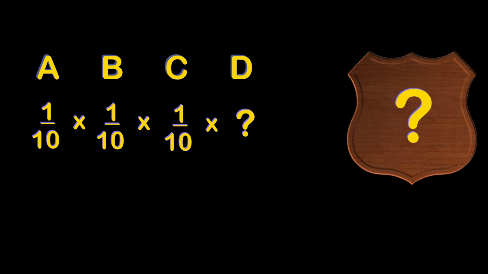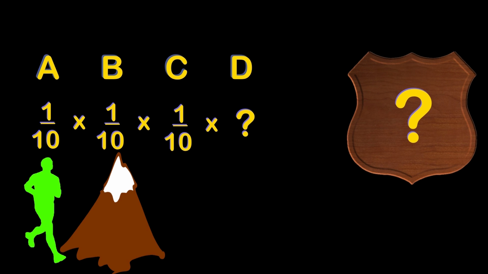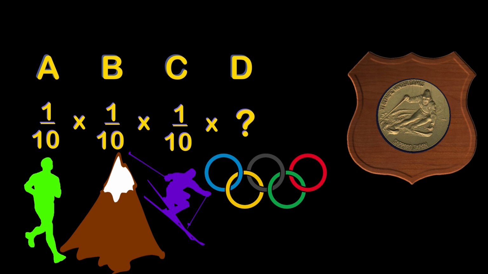If I now tell you A is the odds of being an athletically inclined male, B is living in a quarter hilly environment, and C is enjoying the hobby of skiing, all seems well. But when I next tell you that we are solving for the number of people who have a gold medal in men's alpine skiing, you now realize why it isn't hundreds of thousands, and why D, getting into and winning the Winter Olympics, is not a 1 in 10 option.